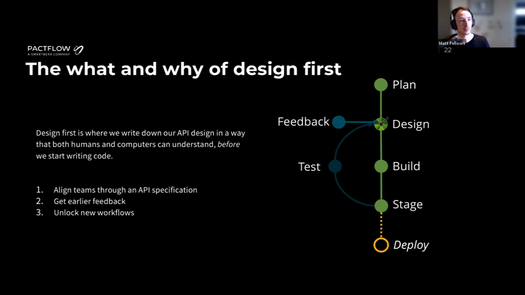And the third one is it enables us to unlock a bunch of new workflows that probably weren't accessible to us before. Because we've agreed on a specification and a way to design and build our software, we can now unlock a test approach. We can start to build our test approach. And because we can trust this artifact, we can build around that. Also, because it's a machine readable format, it enables us to do a bunch of really cool things. One of those things, for example, would be to generate a mock service from that specification. So we can start to test against this and build our API clients against it to see if this is actually going to be the API structure we need before we've actually built any software.